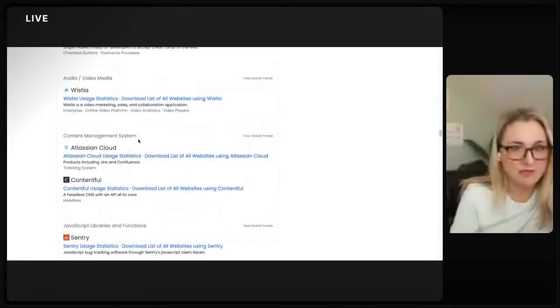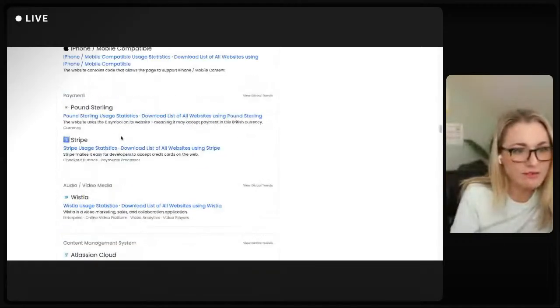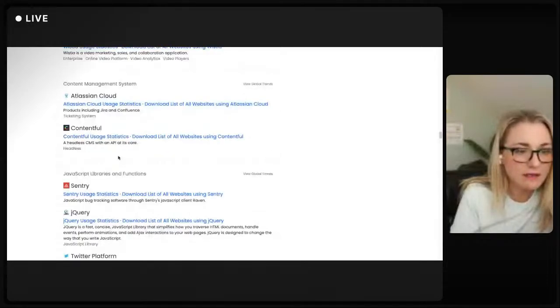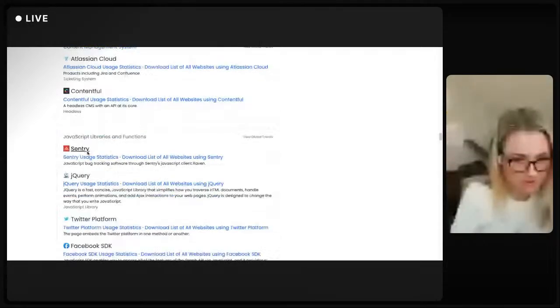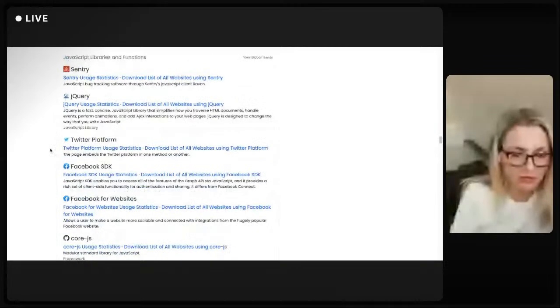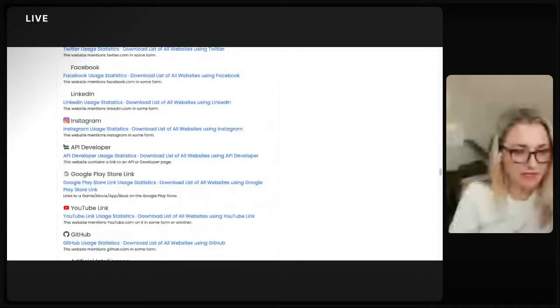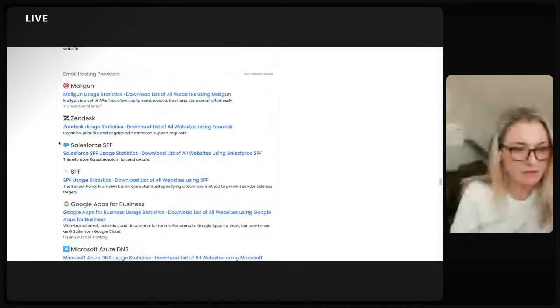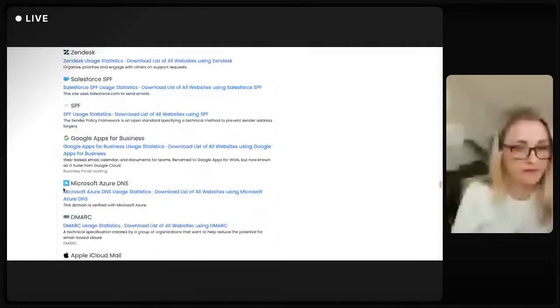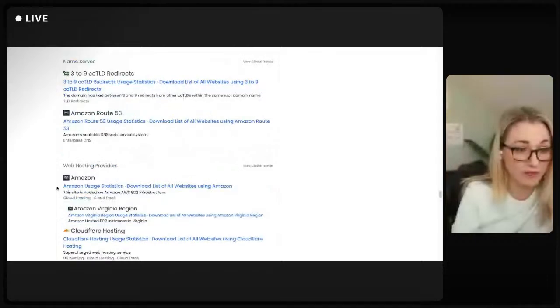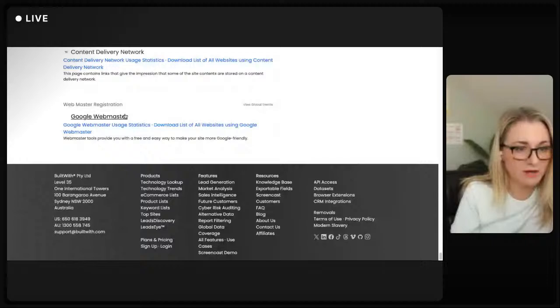Looks like they have a content management system that is different. It's not the same thing as a learning management system. So I don't see anything on it here, but I just wanted you to be aware of some of what I'll do. And here's all the different email hosting providers. They use a lot of email, different options there. Okay, so this is very complicated. It's also a very complicated organization, so that makes sense.